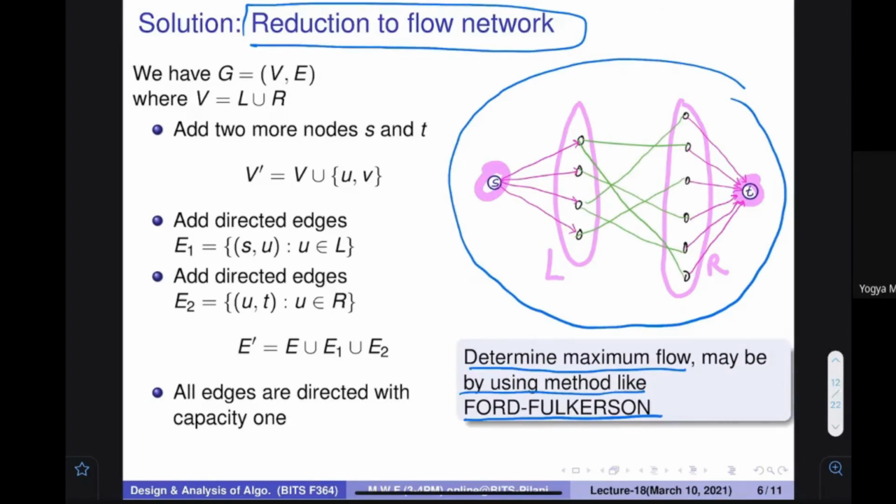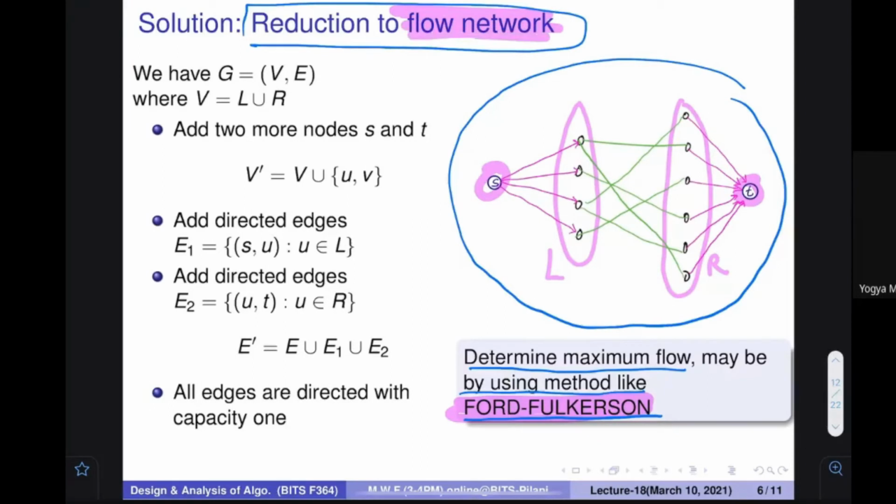Okay, let it be like that. No issues. Right now, please forget about that. 2 more edges are coming. I have converted the problem and found the solution. But please note that whatever solution I'm going to get, it is a solution for the flow network problem. It is not the solution for my problem. If you have a confusion that it is a different problem and we are going to solve something else, try to understand that right now my problem is converted to the flow network problem.